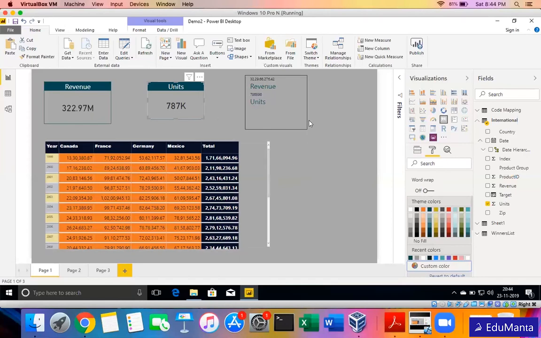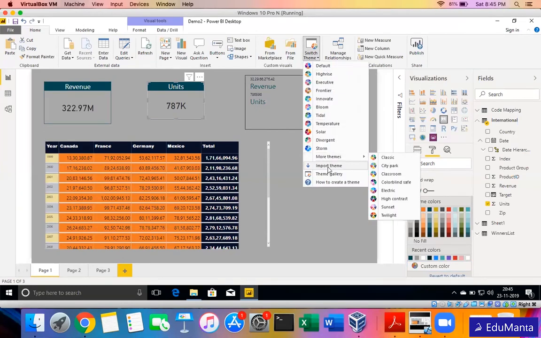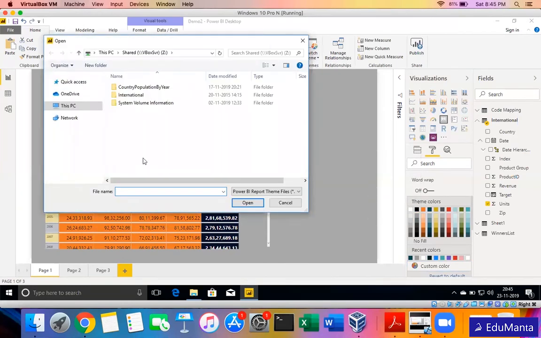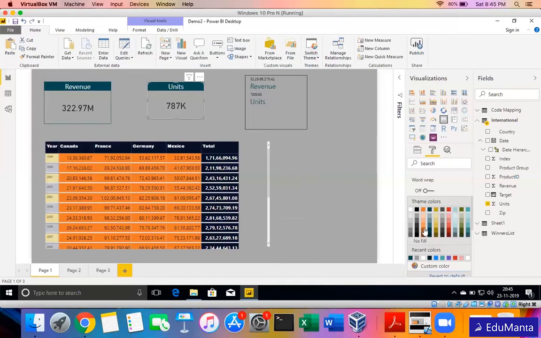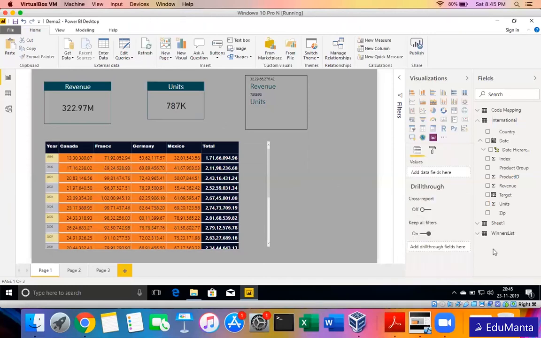But if you want those colors to be used frequently, then you can create your own JSON file and import the theme. You'll select Import theme, upload that file, and then this color palette will change according to whatever you have put in. So you don't have to go and manually type in the color code every time. Only that color code will be available in the default theme. So this is how you change this also.